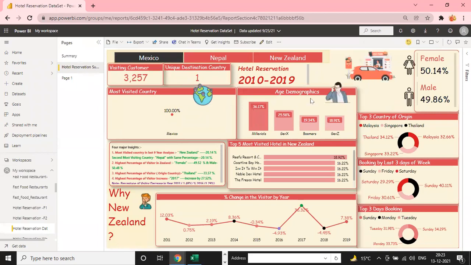Like this way you have to make some advanced visualization, which is important, like these pictures.